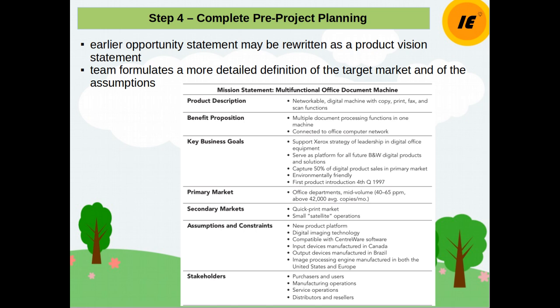Now starting with step 4 here, it's about complete pre-project planning. Now you have more understanding of which will be your projects, and now it's about defining those projects in more detailed terms. So basically at this point, the earlier opportunity statement may be rewritten as a product vision statement, and you can see